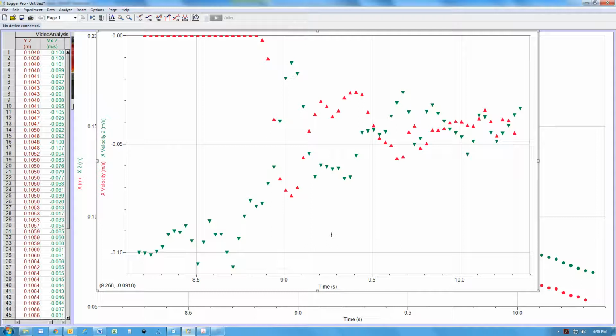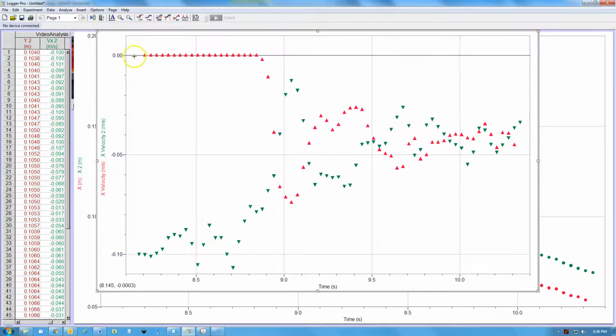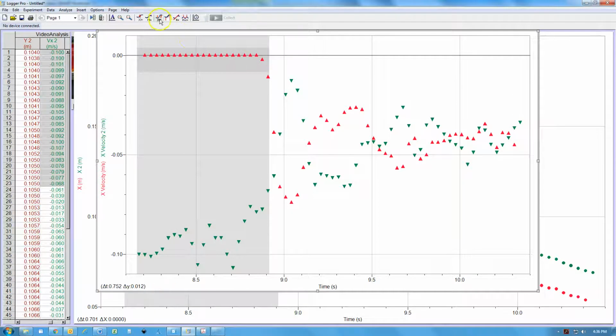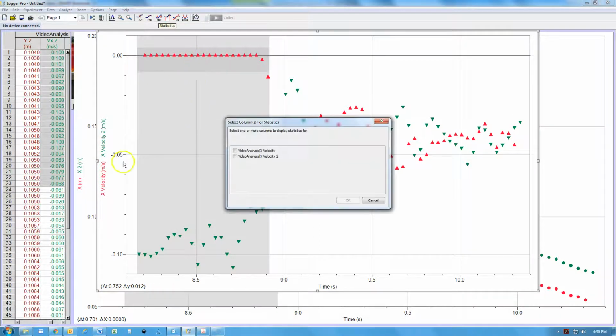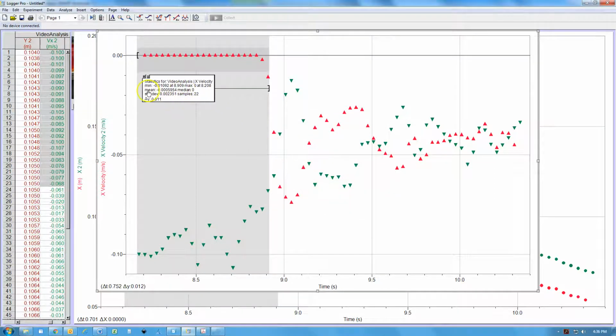Unfortunately, this is what the graph is going to look like. We've got a really nice graph right here for the objects at rest. We use the statistics tool. Click up here. I'm going to highlight this data and click on the statistics. The red is that one. I'm going to get a nice mean of